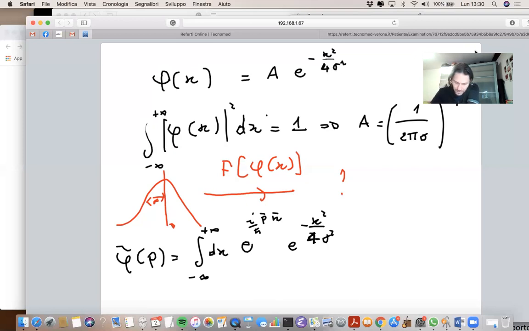You get the result, and the result is something like e to the minus p squared, but now I get the sigma squared upstairs. So you see what's happening here. This calculation is exact,